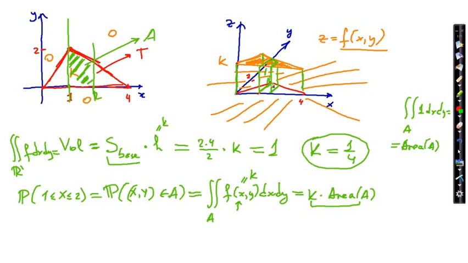So we will have something like this kind of prism, and we are calculating the volume of this prism. The volume of this right prism is the height times the area of the base, and the area of the base is the area of A. Now, how can we calculate this area? So k is 1 over 4, so we can plug in that value, and it remains to calculate the area of A. Going back to this, we have a trapezoid here, and the height of that trapezoid,